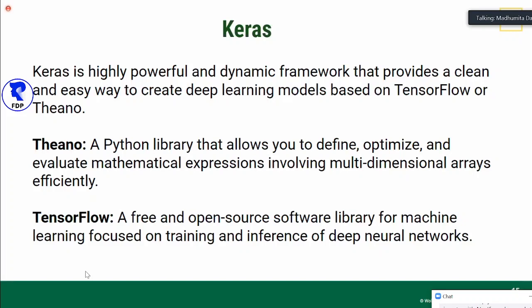TensorFlow is the most popular open source library for machine learning and deep learning. It's developed by Google, and it's very popular. But if most of you are first time users, then it's kind of difficult to get used to TensorFlow. So for this session, we will be using Keras.